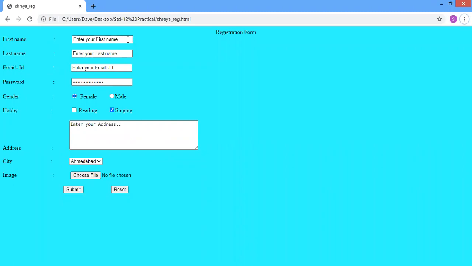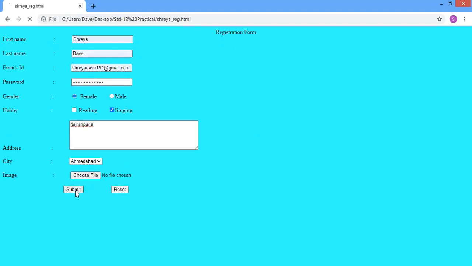After the submitting, my form looks like this. If you want to reset your form, you just click on reset.